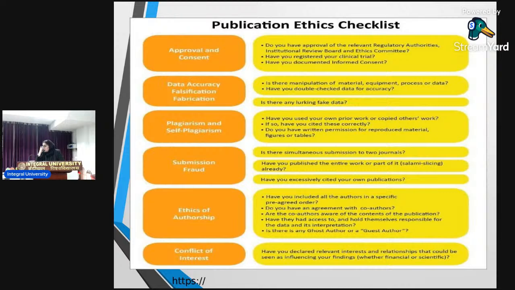Both the journals you submitted to can accept your work. Yes, but then they cannot both publish it, so it's a problem which will arise at a later point of time. By submitting your paper to two journals at the same time, you are not respecting the time of those reviewers. Somebody has to put in time to review your paper. How do papers get published? They have to undergo a peer review process, right?